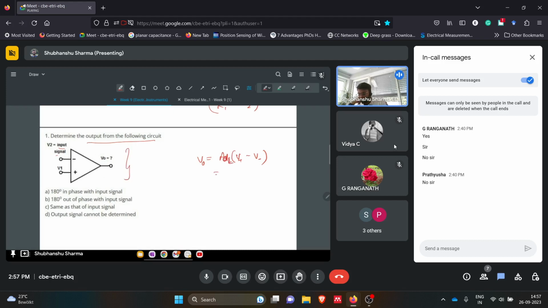That means V plus is V1 and V minus is V2. So the polarity of this output voltage will depend on which one of them is higher in magnitude. So in this case, V1 was this, V2 was this,